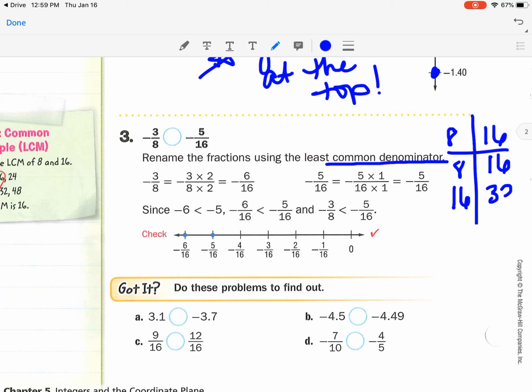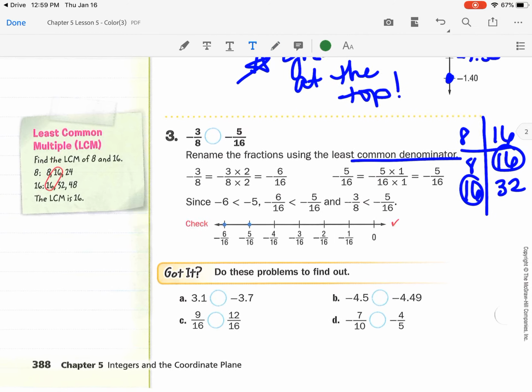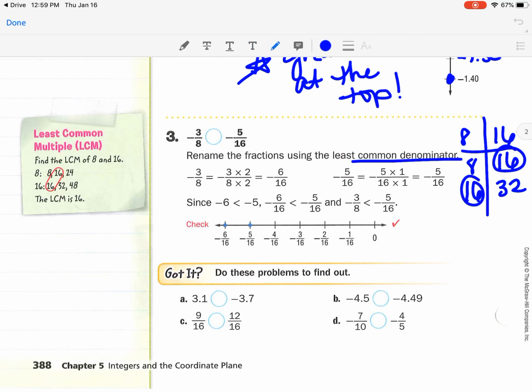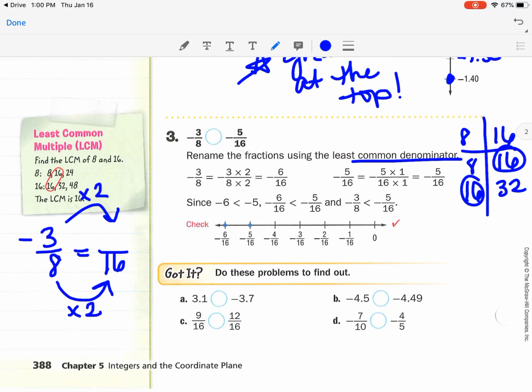16 times 2 is 32, but I don't need to go any farther. My common denominator is 16. So now I need to rename my negative 3/8 so that I have a denominator of 16. So how do I get from here to here? I multiply by 2. How do I get from here to here? I multiply by 2. So 3 times 2, or whatever I do to the bottom, I have to do to the